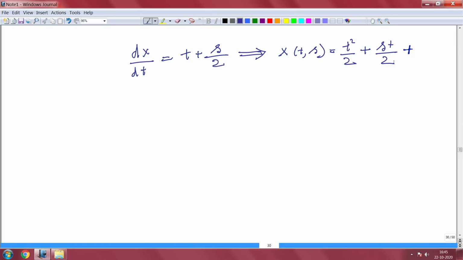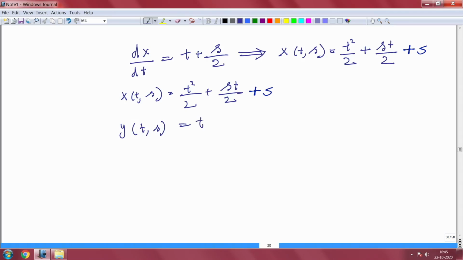So, you have everything in terms of x(t,s), so there is an invertibility. Let me write once more, x(t,s) is equal to t square by 2 plus st by 2,